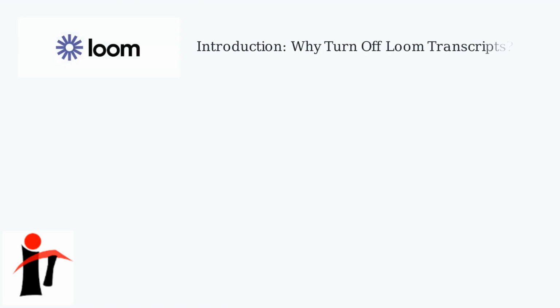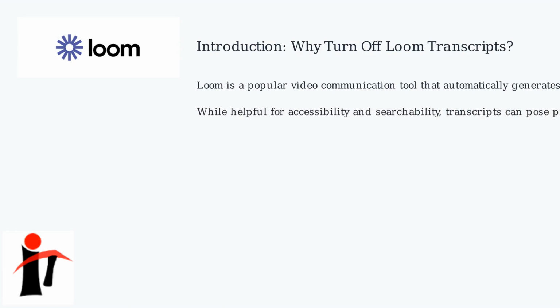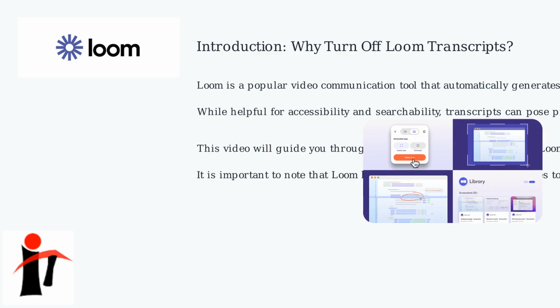Loom, a popular video communication tool, automatically generates transcripts of your recordings using AI. While helpful for accessibility and searchability, transcripts can pose privacy risks. This video will guide you through turning off transcript access in Loom to protect sensitive information and maintain control over your data. It is important to note that Loom has been improving their AI features to use more advanced methods